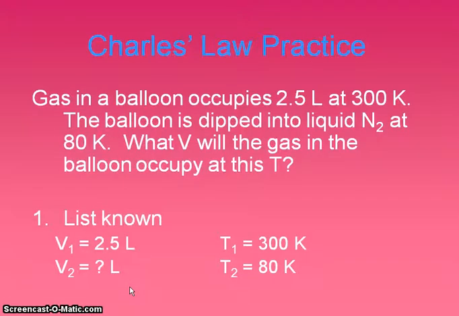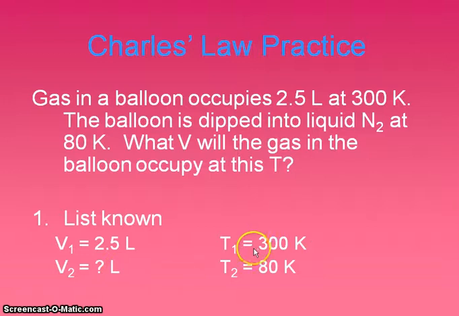So here's a sample problem. This one says gas in a balloon occupies 2.5 liters at 300 Kelvin. If the balloon is dipped into liquid nitrogen at 80 Kelvin, what volume will the gas in the balloon occupy at this temperature? So what we know is the first volume, 2.5 liters. We have the first temperature, which was 300 Kelvin, and the second temperature, which was 80 Kelvin. So we're solving for V2, and since our V1 was in liters, our V2 will also be in liters,